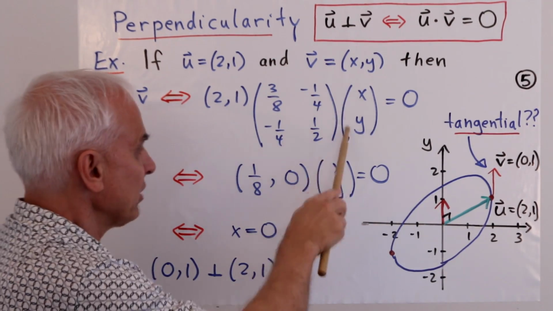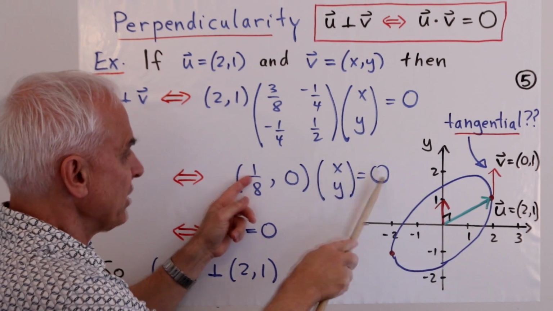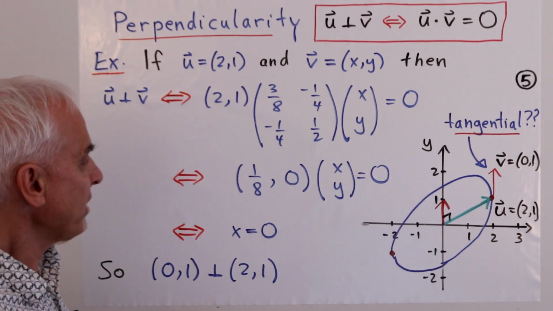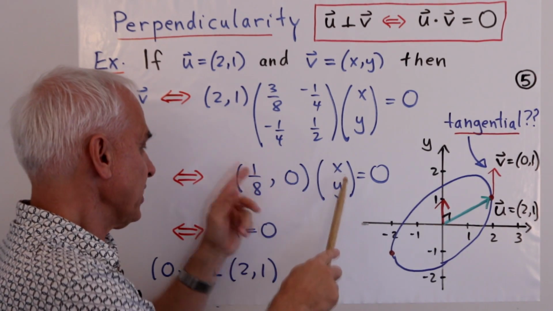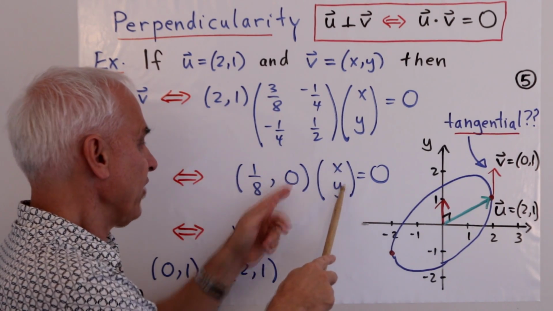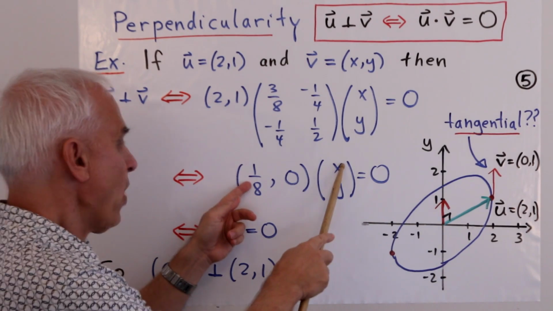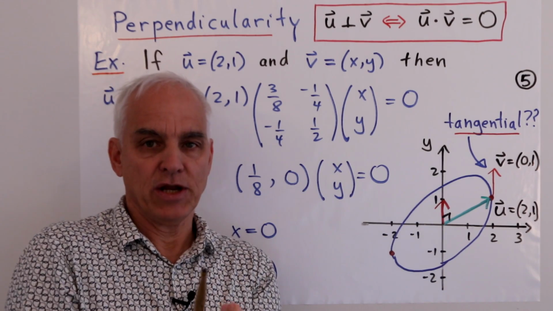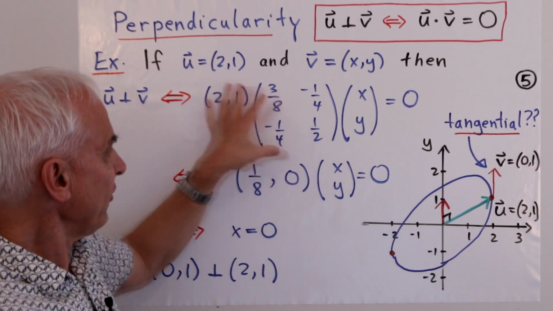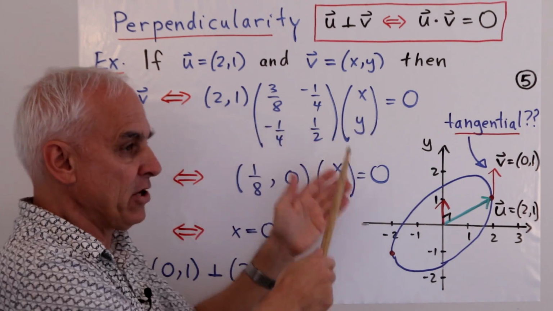And then if we just multiply that by xy, that's supposed to be 0. And what's that actually telling us? The way we multiply this vector by this transpose is it's this times this plus this times this. In other words, it's 1/8 of x equals 0. This is a linear equation in x and y. So no matter what this is in general, this is always going to be a linear equation in x and